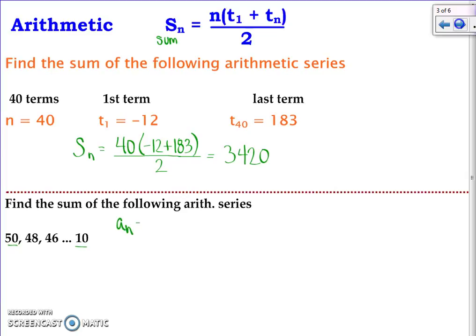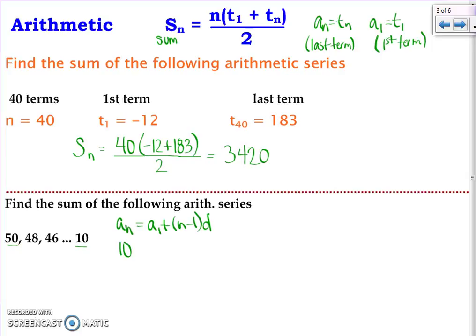So again, yesterday's formula is this. We're going to put in everything we do know. So remember, by the way, an is the same thing as tn, a1 is the same thing as t1. And both of these right here are referring to the last term, and these are both referring to the first term. Okay, so right here, an, down here at the bottom, an is the last term,